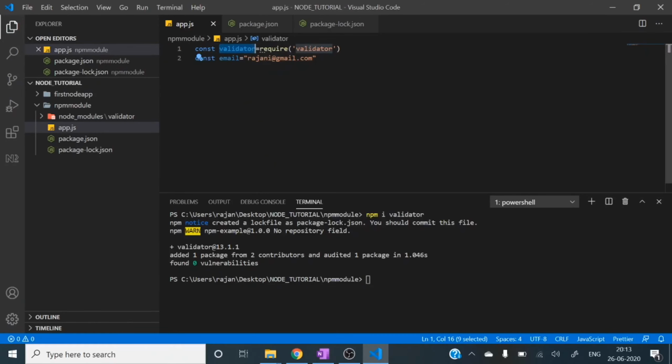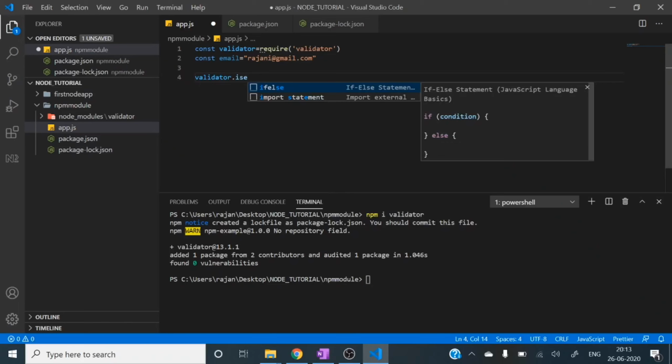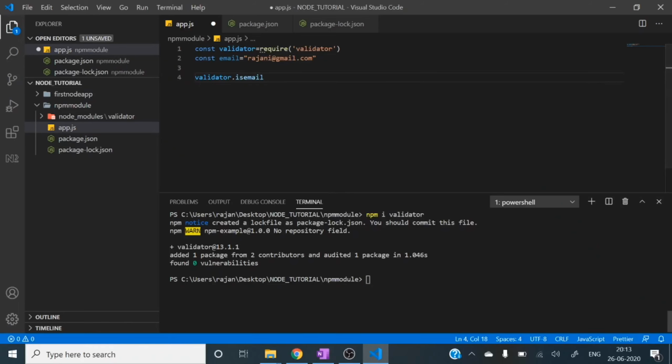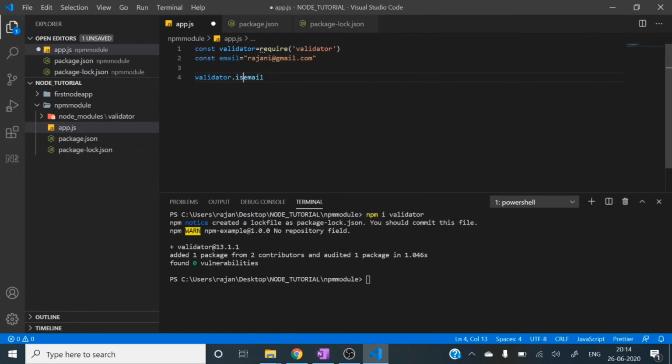So on this object we can call a lot of methods, whatever you want based on your requirement. So validator, let me validate isEmail. Let me go to that docs. So you can see isEmail, right? So isEmail, and let me pass this email.